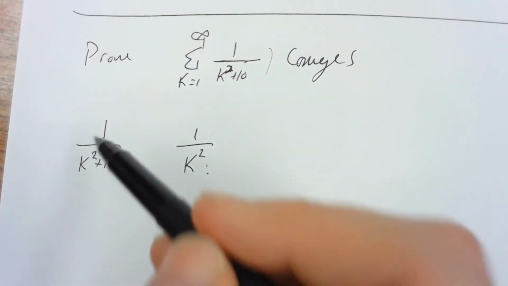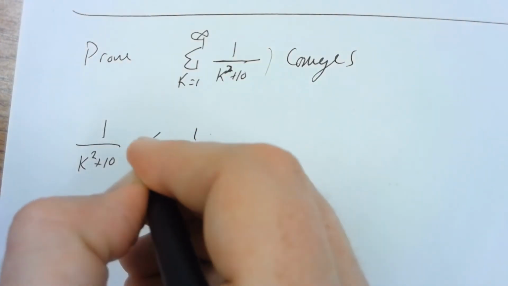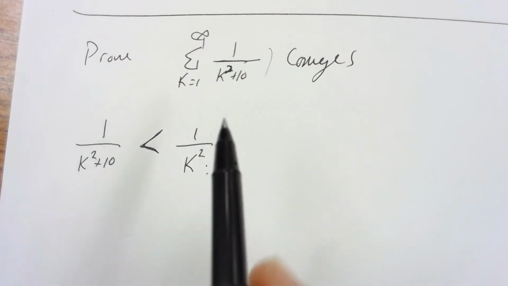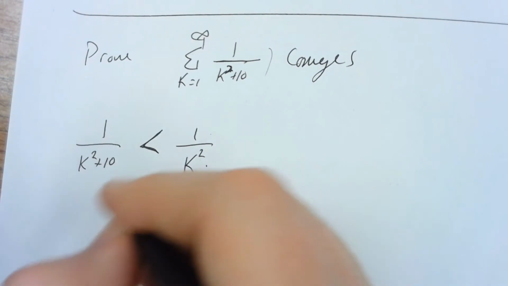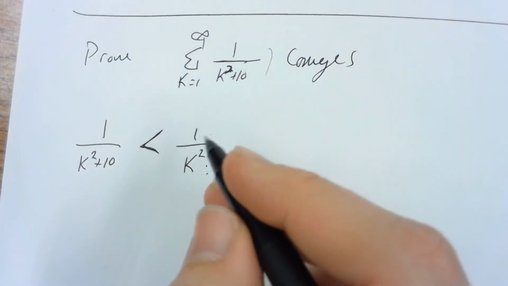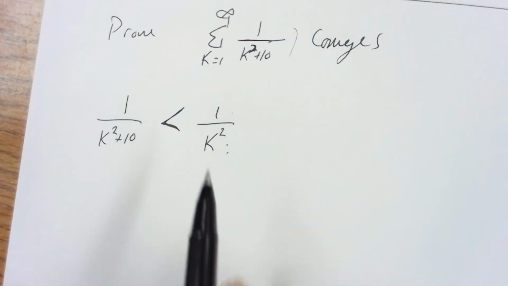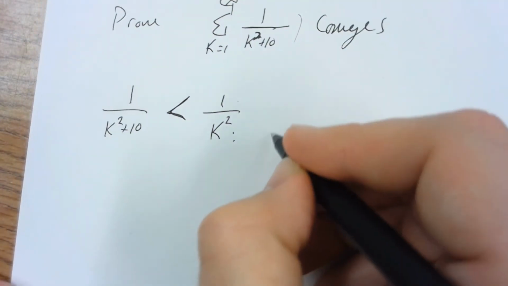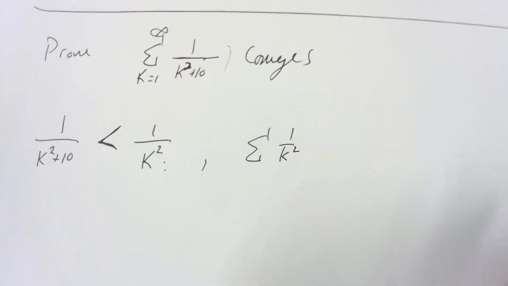So 1 over 1 compared to 1 over 11, well, this one is obviously going to be larger, yes? So if that's the case, then this should be true for every single term. Again, 1 over 4 versus 1 over 14, and so on and so forth. This value is always going to be smaller than this one. Now, with that statement identified, this is the conceptual understanding that we have to bring to the table. I'm bringing this sequence to the table such that I can talk about the summation of 1 over k squared